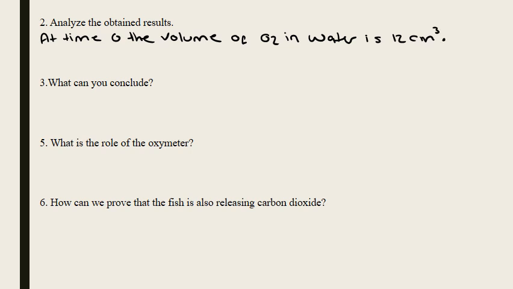And then we talk about the graph. So as time increases, the volume of O2 decreases